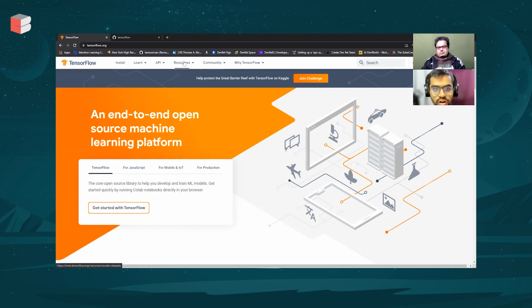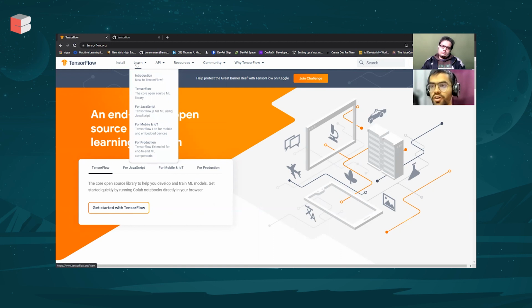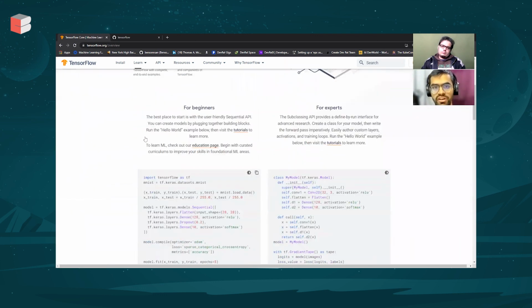So you'll find a few of those resources over here if you want to learn about machine learning. Then of course there are dedicated learning resources for TFJS, for the core TensorFlow. And if you look at any of these, you'll find great tutorials and also video based concepts where you can learn.